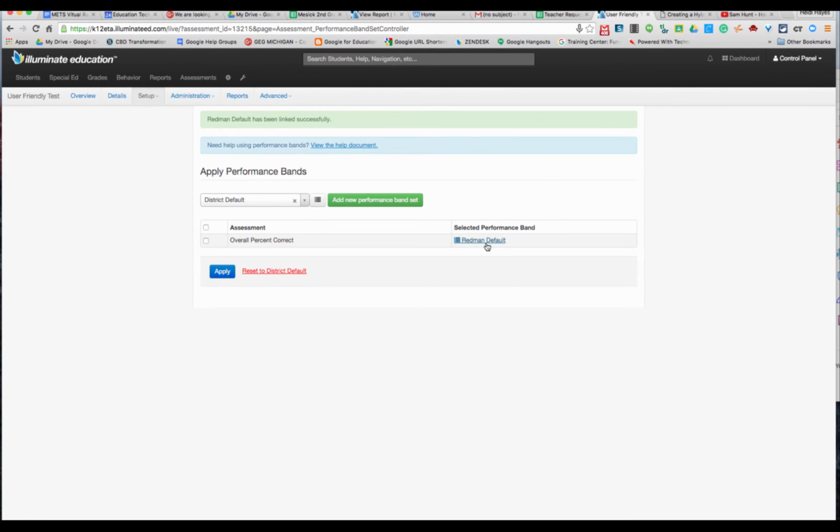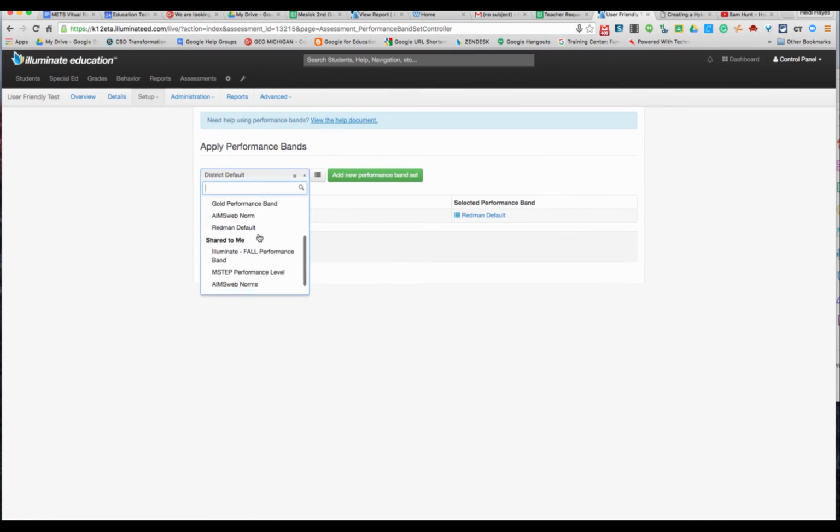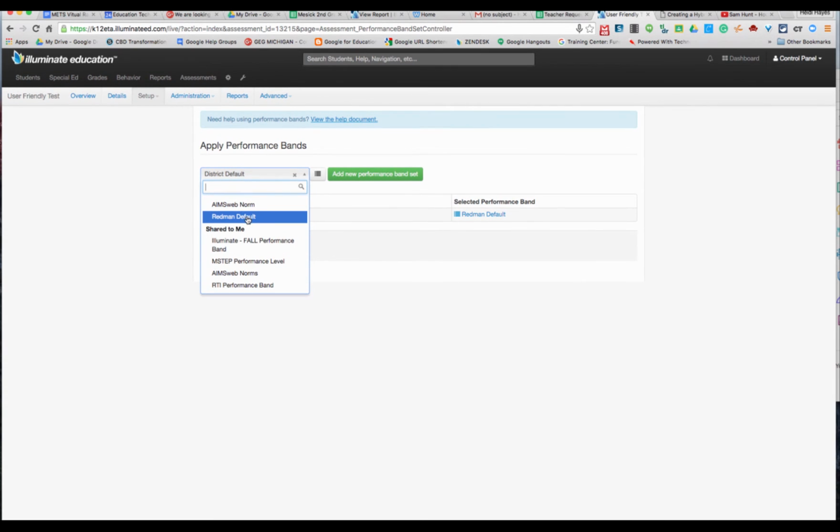And now that this is created, in any future assessment that you use, when you go into setup and performance bands, that Redman default will always be in this drop-down menu. You can see it in mine right here, you'll be able to use that performance band on any assessment you do in the future. So it's kind of a nice thing if you're using the same performance band. If not, you can create a new performance band for every assessment you do, but just know that you can reuse that same performance band and not have to